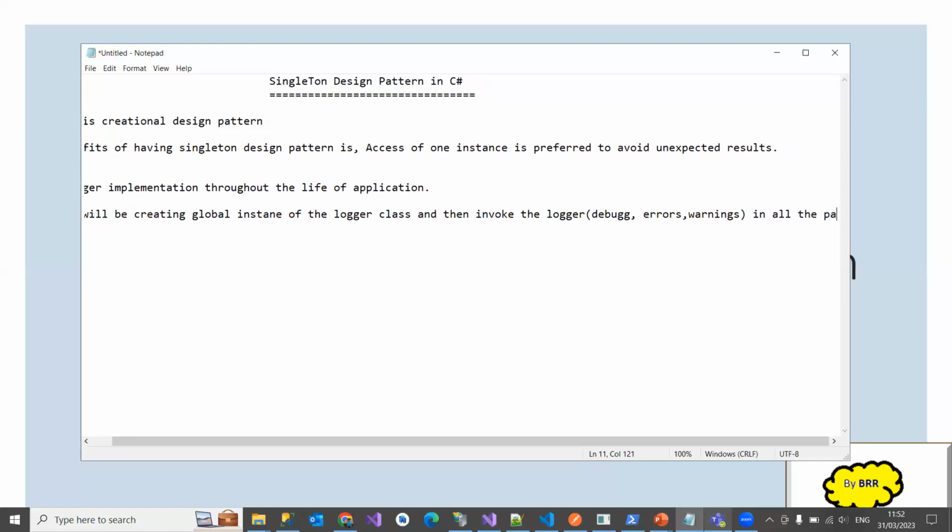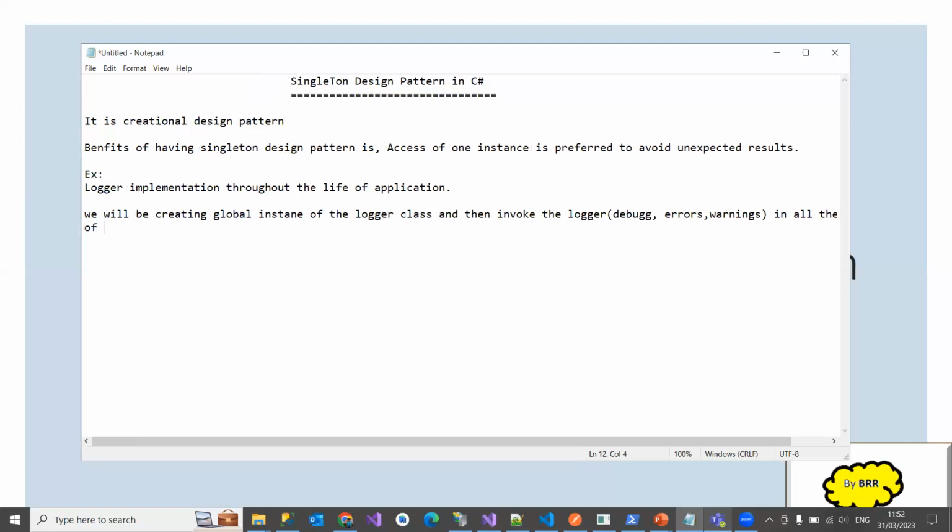All the pages of the project. So that way we have only one instance which has global access permission, and you can use that instance in all the screens. Okay, so when it comes to this singleton design pattern, we basically have different kinds of